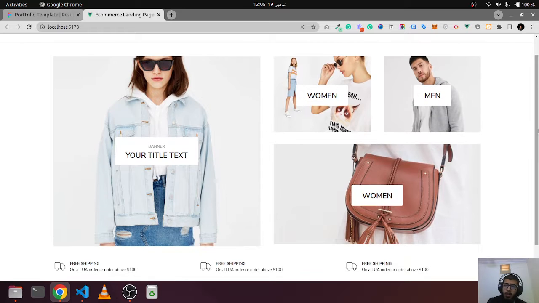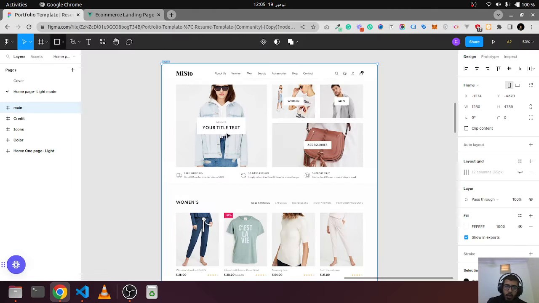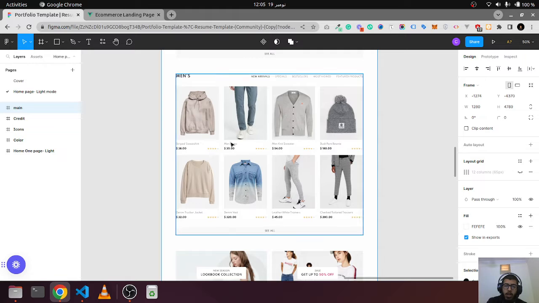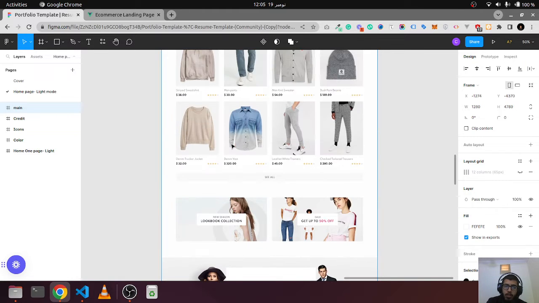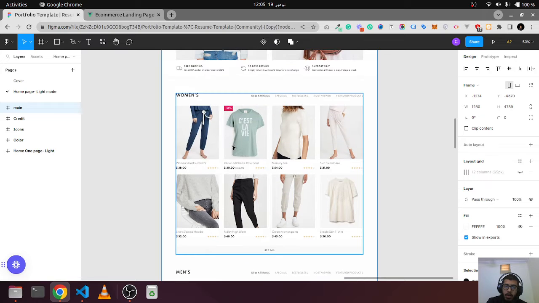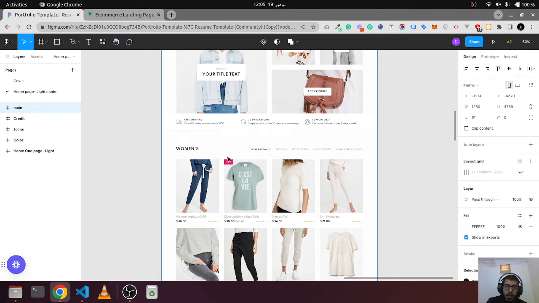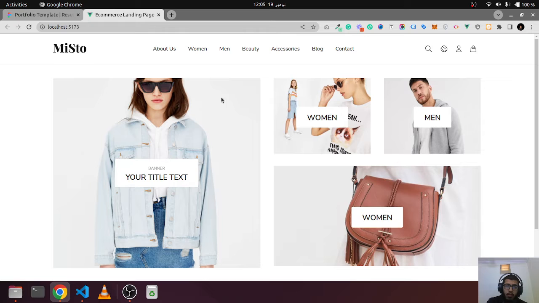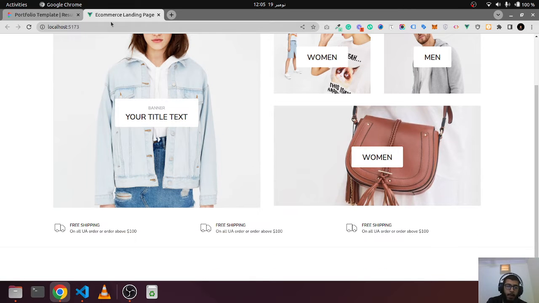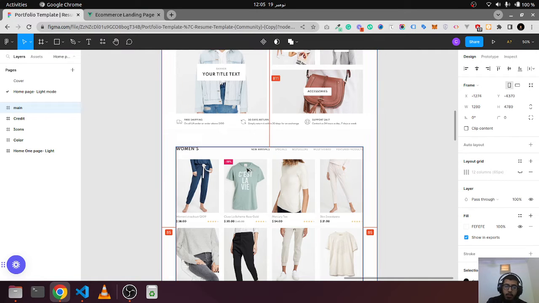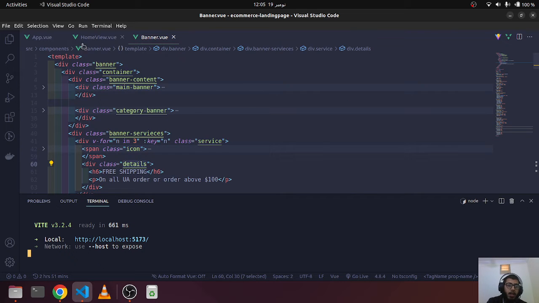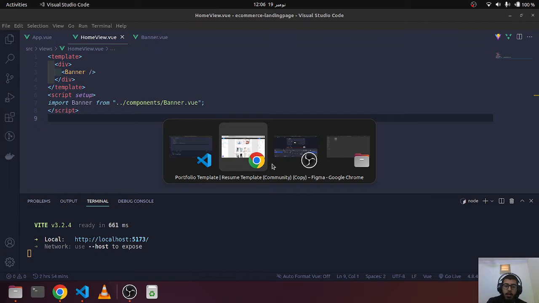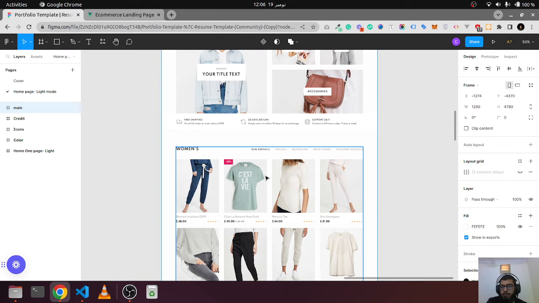So today my target is to complete the whole thing and also create the responsive part as well. So we will try to move things as quickly as we can, and I will try to explain things so we can complete this landing page as soon as possible. So banner is done. Now next thing, if I see, we can say